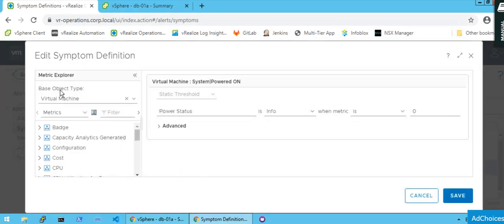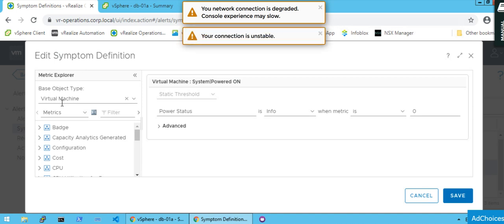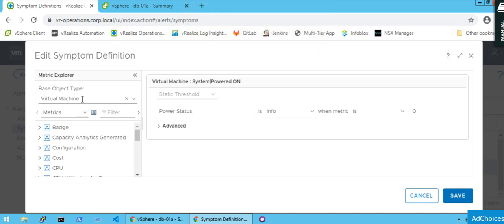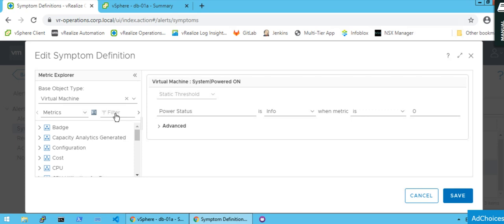This is the base object type. It is the object on which the action is going to be taken. Is it a VM, a datastore, an ESXi host? In our case, it is obviously a virtual machine which we want to power on. I have selected the metric. Type power here and select power on, then drag this metric from here to here.